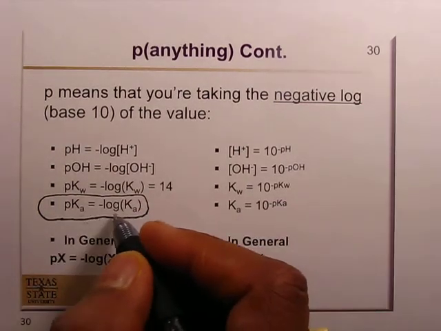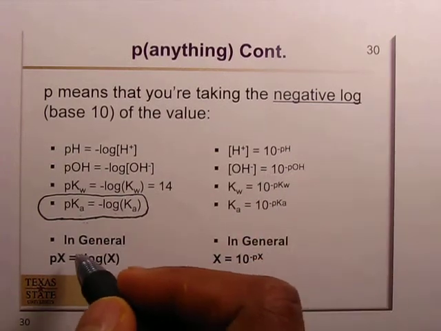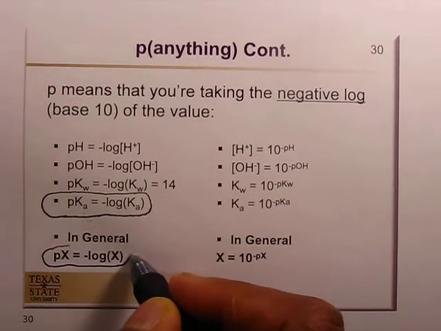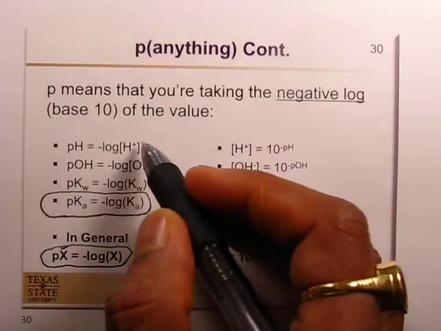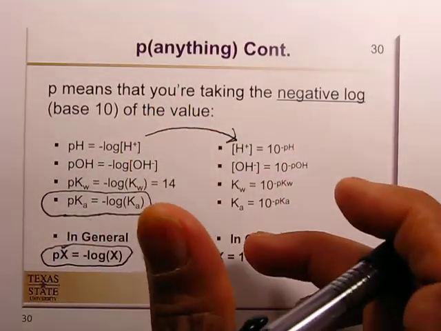So pKa means negative log of Ka, and in general we can write: Px means negative log of x. And if we take the anti-log of this,